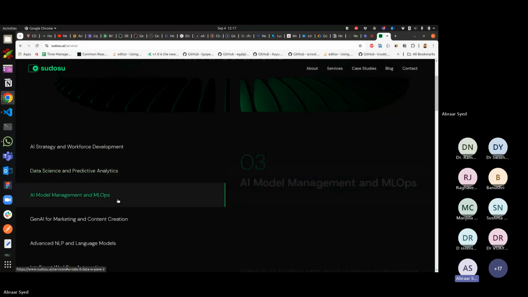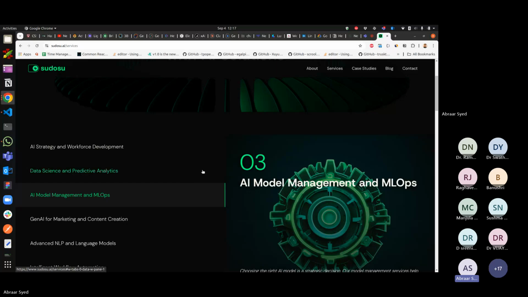Third is AI model management and ML ops. Now, in the first step, after the AI strategy discussions, if we decide that, let's say, a company wants to go ahead and build a model. To be honest, today there is a very important question you need to ask yourself if you're building a real world application: should you use an existing model or should you build your own?